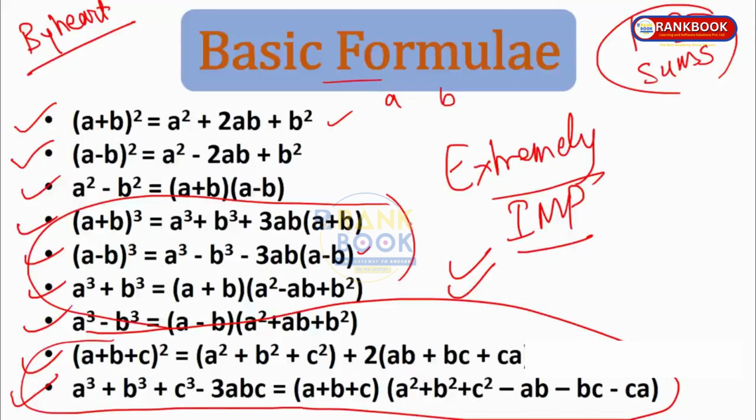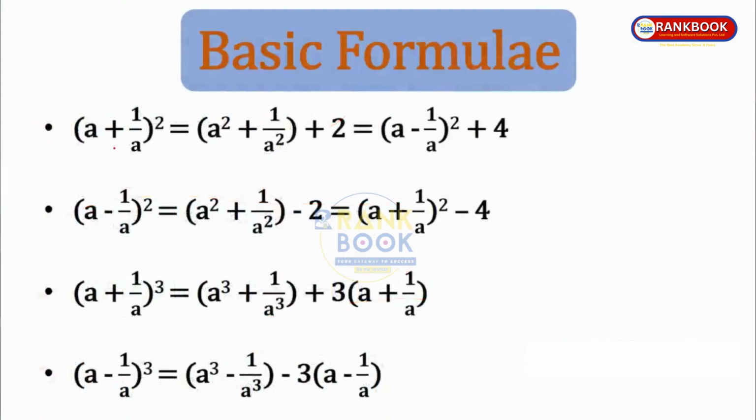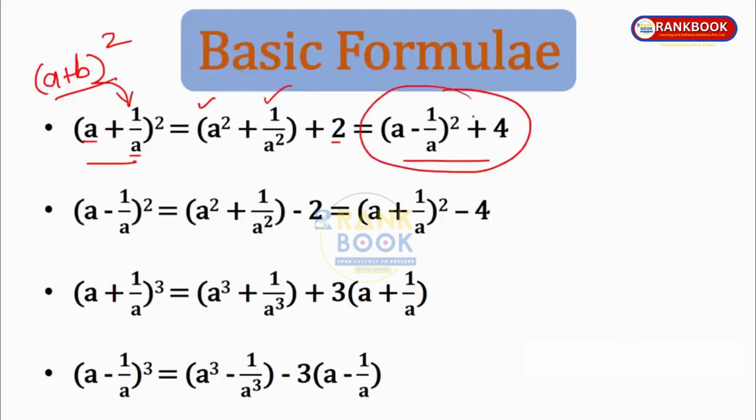Moving on to another set of basic formulas. If you observe very closely, these sums are nothing but (a plus b) the whole square. These formulas are the same as the (a plus b) the whole square formulas. Instead of b, we have 1 by a. And when we expand, what happens is that we have a square, we have b square, and whatever 2ab is there, this a gets cancelled with this a, and we get just 2 over here. Now don't take a look at this right now. We'll see how we got this result.